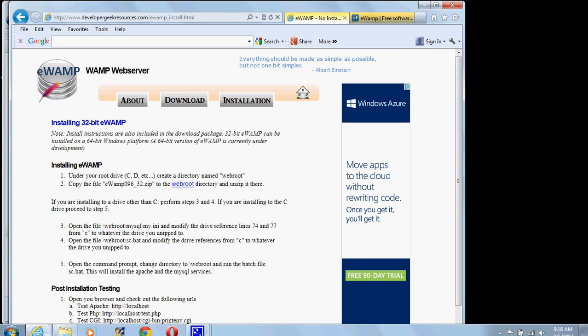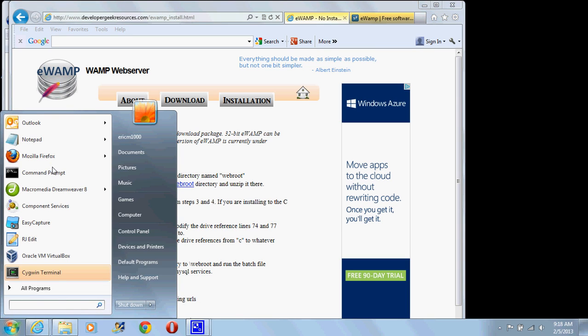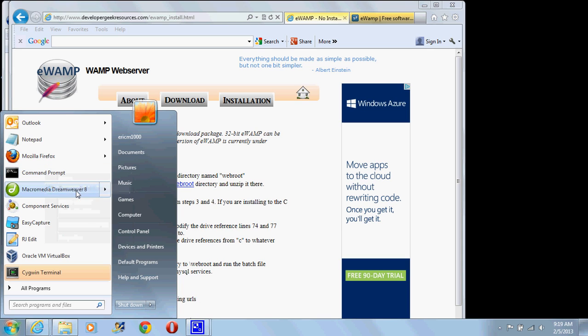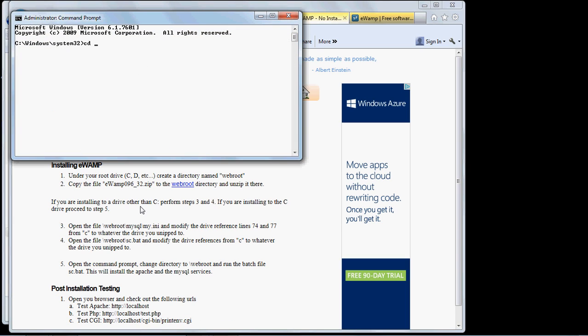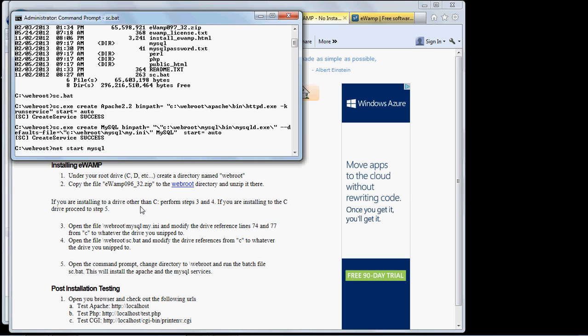and MySQL. Now if you're running on Windows 7 or Windows 8, you're going to want to open up the command prompt as the administrator. And if you're running XP, you shouldn't have to do that. So let's do that. And we're just going to change directory to webroot. And you can see there's a file in there called sc.bat. And we're just going to type in sc.bat and run that,